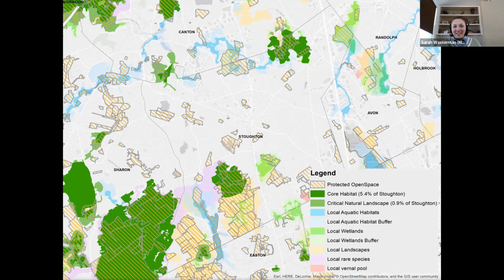And given that this audience is particularly interested in protecting open space, we wanted to include this visual of what the protected open space layer adds to BioMap. I will note that it's not visualized in this image. Assessors' parcels are also now available on the map, and Alec will show this during the demo. But we can see here the visual power of the protected open space overlay with BioMap. This visual demonstrates where work has already been done and where more work can happen in the future.